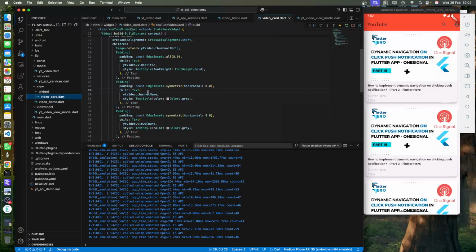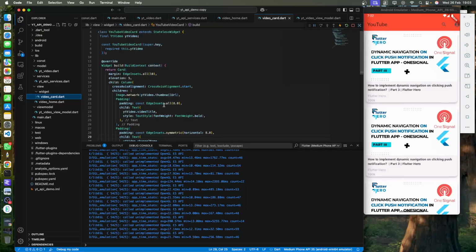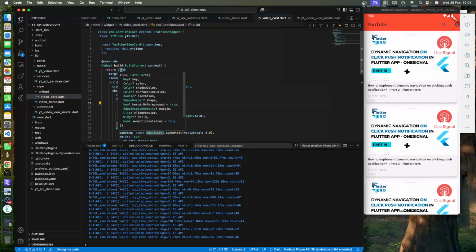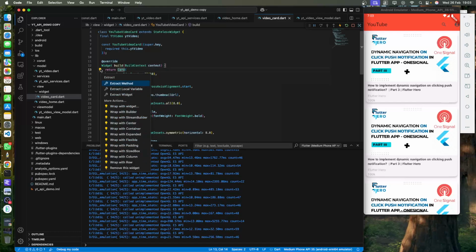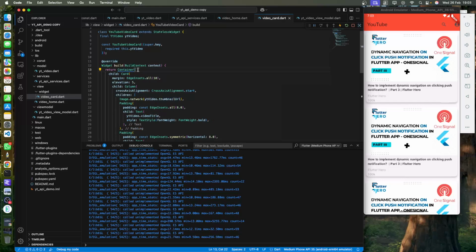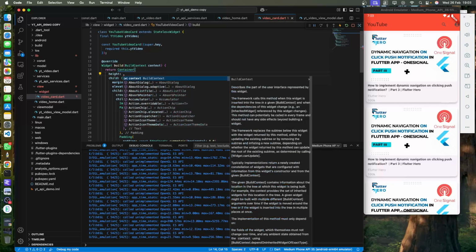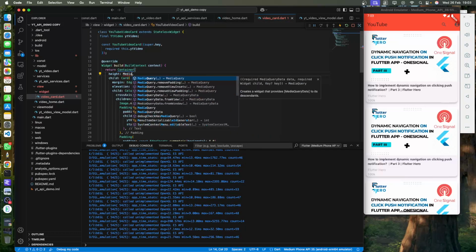Go to the video card, and let's wrap this card with a container, and let's provide it some height. We are going to use media query